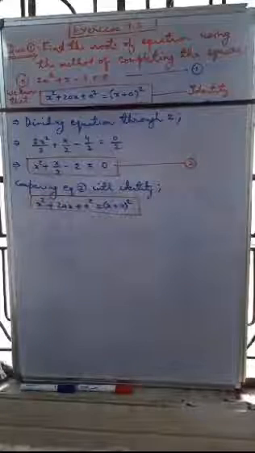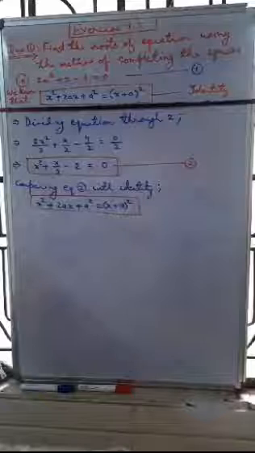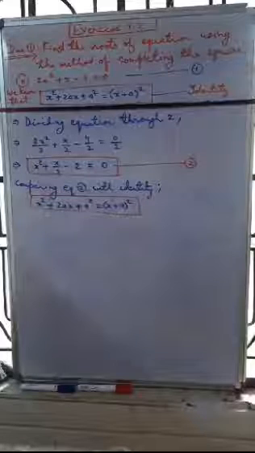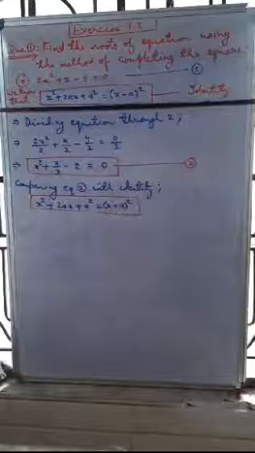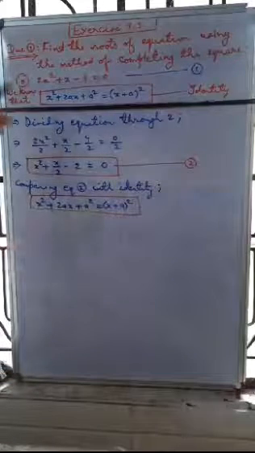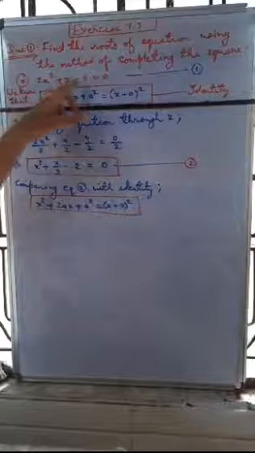Good morning, students. Today we will try to solve exercise 4.3, question number 1, option number 2. Find the roots of the equation using the method of completing the square. So here, on your screen, you are looking at question 2 of 1: 2x square plus x minus 4